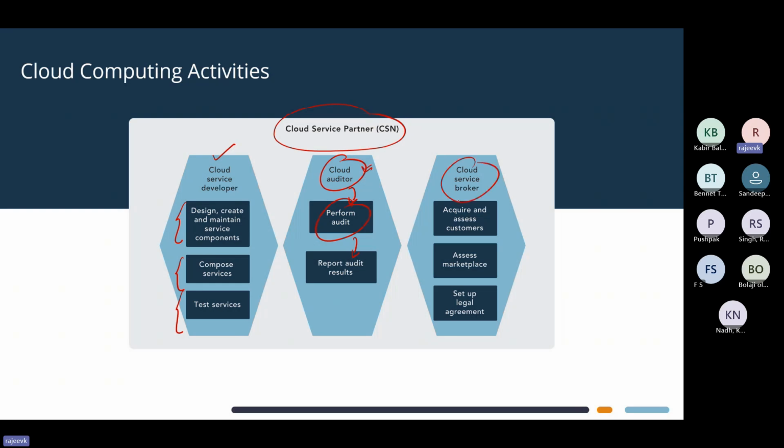And we already know what is the role the broker is actually doing. They will acquire and assess the customer, assess the marketplace, and set up a legal agreement for customer and the provider. So these are some of the core roles we have, which can be utilized, and definitely accordingly, the services are actually going to be delivered in the